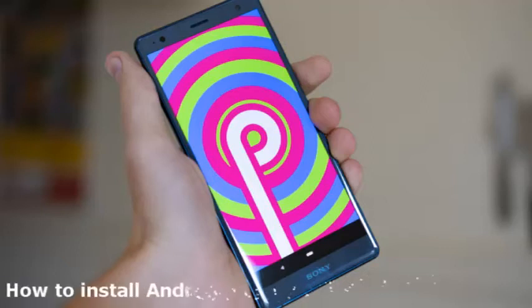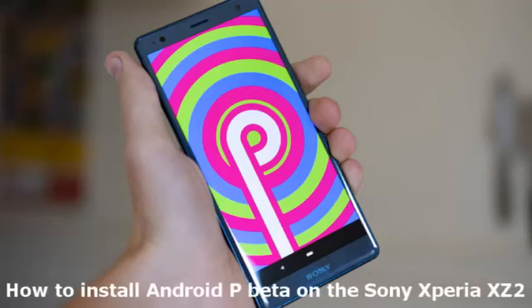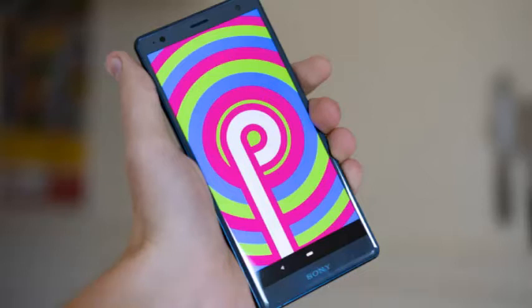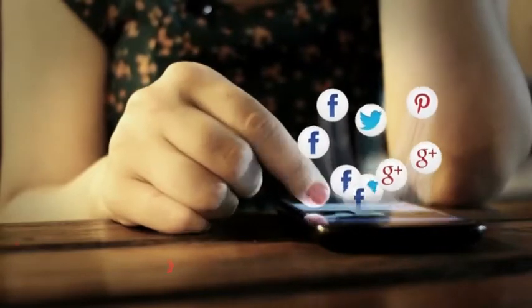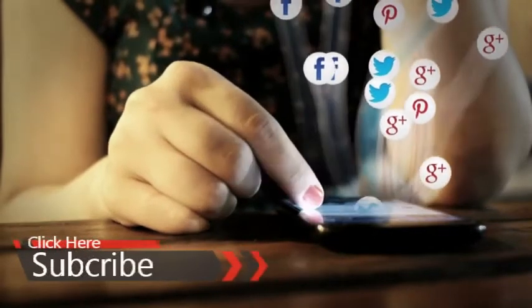How to install Android P beta on the Sony Xperia XZ2. In this video I will show you the whole process, so stay with us. Google I/O 2018 was filled with many exciting announcements, but the most exciting of all was